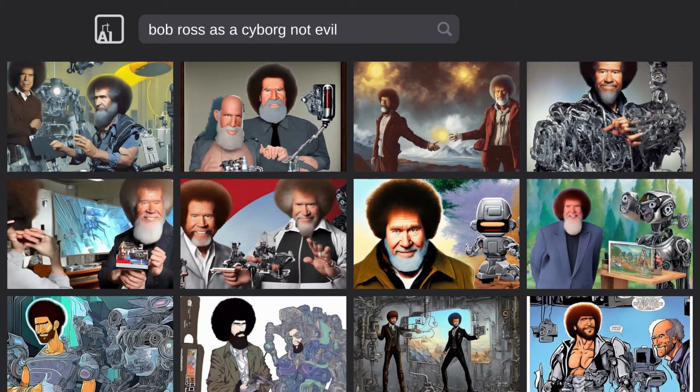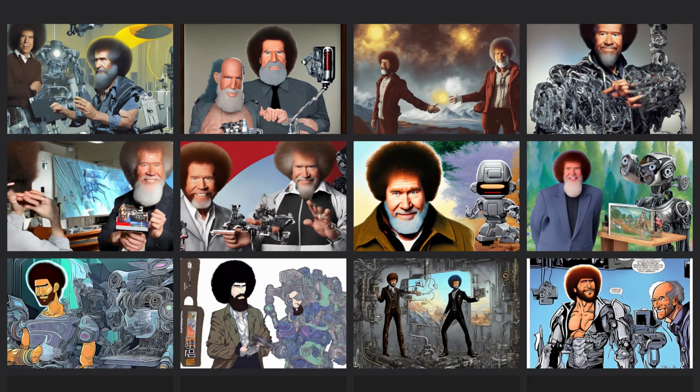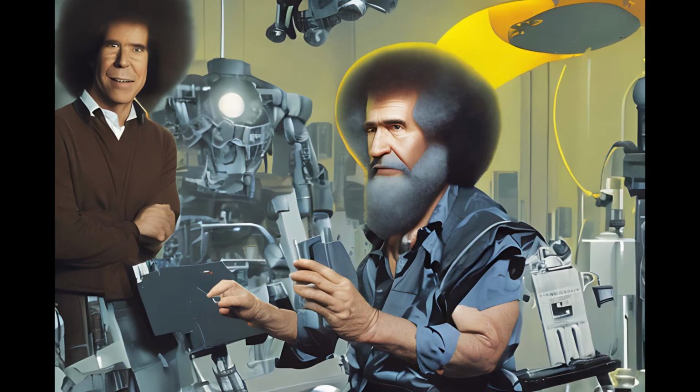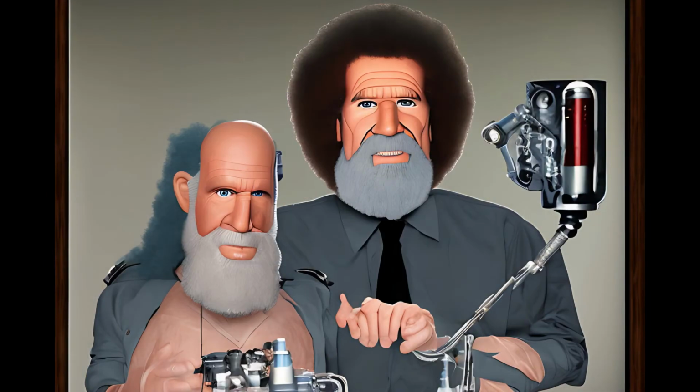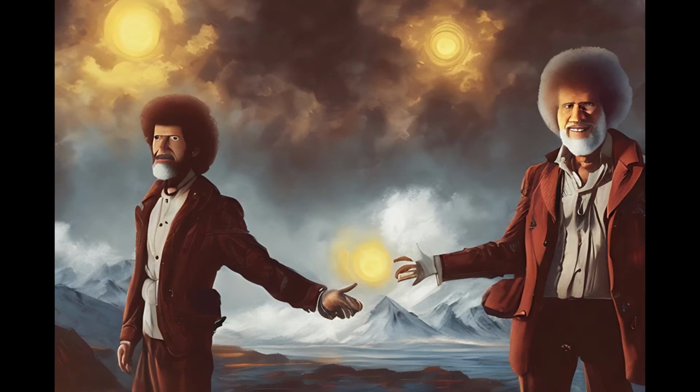So these are some images just as a wrapper for everyone to enjoy. These are Bob Ross as a cyborg, not evil. Here's one of my favorites. We've got some more here.